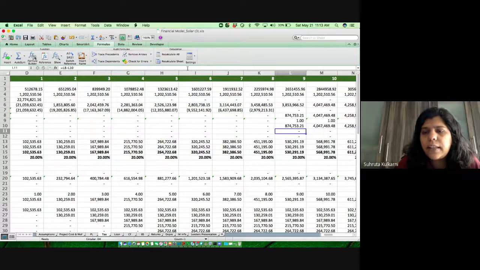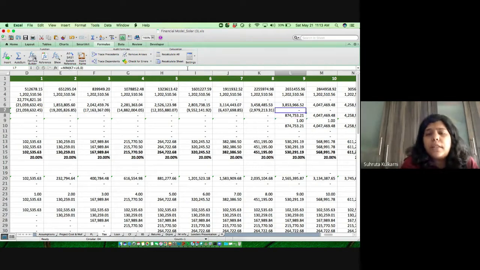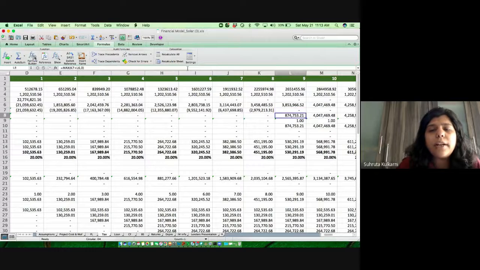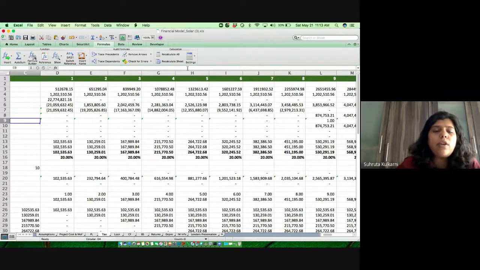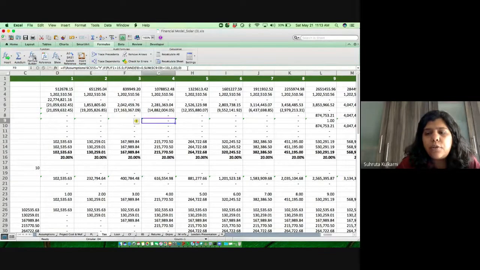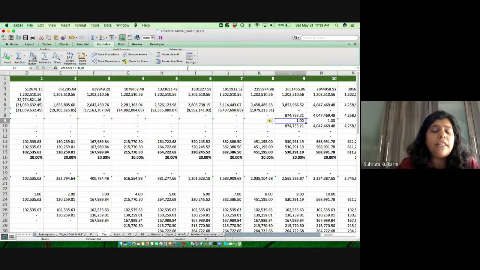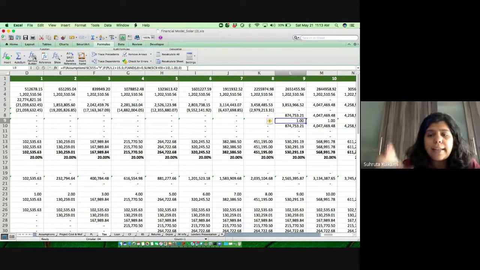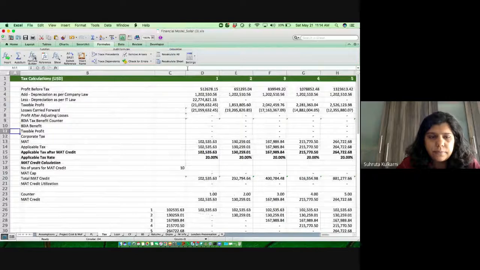So see, my counter is starting here in the 9th year, because before that I'm making losses only, right? If I'm making losses, then I don't need to pay corporate tax. I still need to pay the minimum alternate tax, which is again mandated by the IT, and hence I'm not availing any holiday over here. Even if I avail the holiday, because I'm making losses, it's of no use to me. So only in the 9th year, when I'm becoming profitable and I'm eligible to pay the full tax, then only I will start availing the holiday. So this is how you need to build your tax sheets.